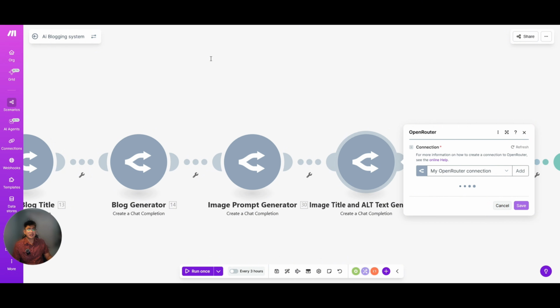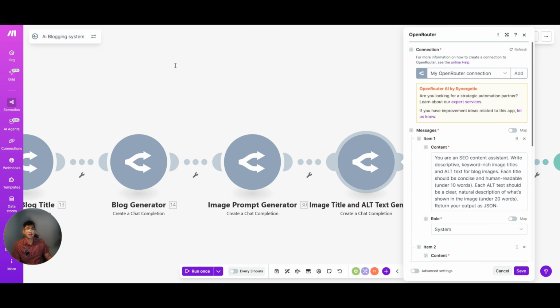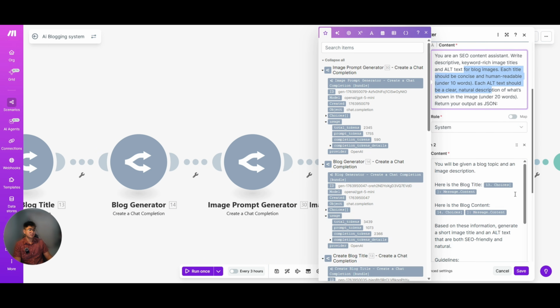Now I also ask it to create an image title and alt generator for SEO. This module creates an SEO friendly image title and alt text that boosts accessibility and search visibility without anyone manually typing the alt tag. So this is the user prompt that I use.